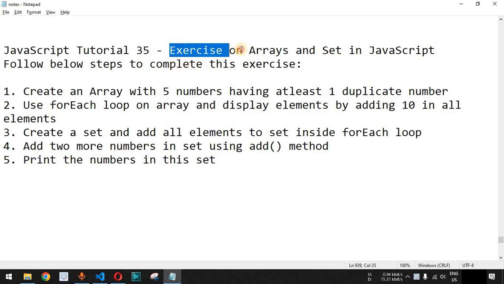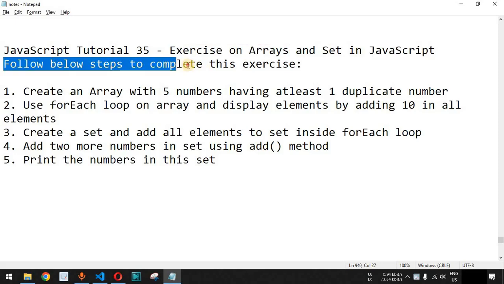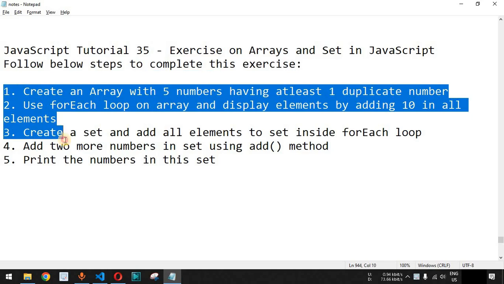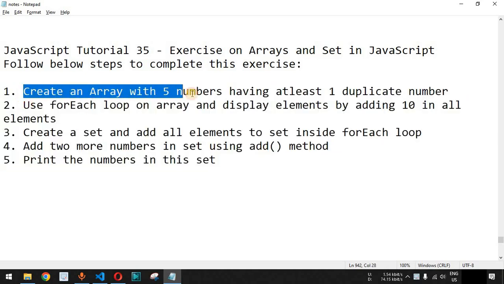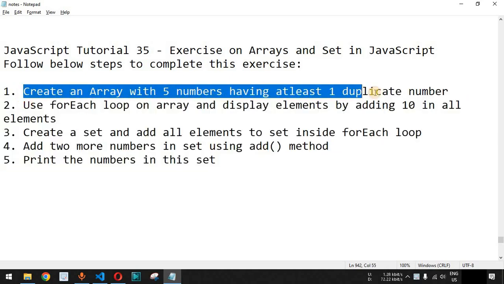So now we will work on an exercise on arrays and set in JavaScript. So guys, basically you can follow the below steps in order to complete this exercise. You can pause this video and practice on your own to complete all these tasks. So guys, first of all, let us create an array with 5 numbers having at least one